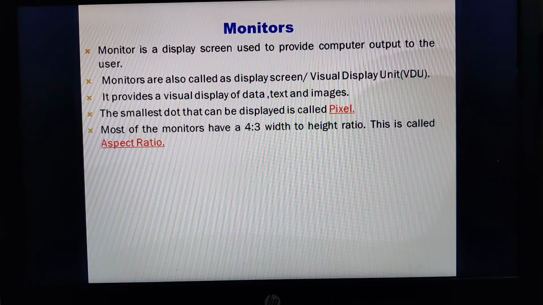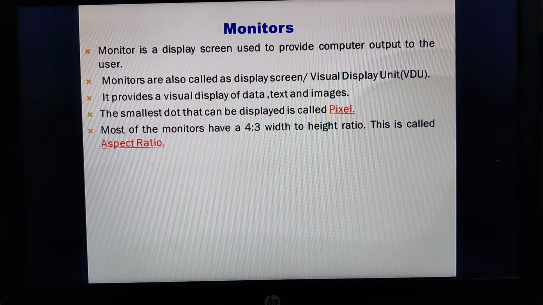The more pixels you have, the better the quality of your monitor will be. The higher the resolution of the monitor, the more clarity the picture will have when displayed on your display screen. Therefore the monitor is made up of the smallest dots called pixels. So how do we define the resolution of the monitor? It is defined as the number of pixels that can be displayed vertically and horizontally.